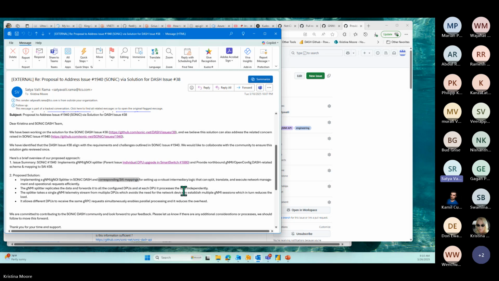The splitter replicates and forwards the data from the gNMI gNOI configuration to the DPUs, which are mapped independently to SAI. So if this makes sense, we want to proceed further and give a solution.